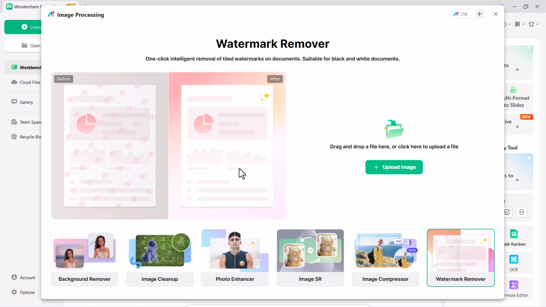These tools provide comprehensive solutions for improving and customizing your images with ease.